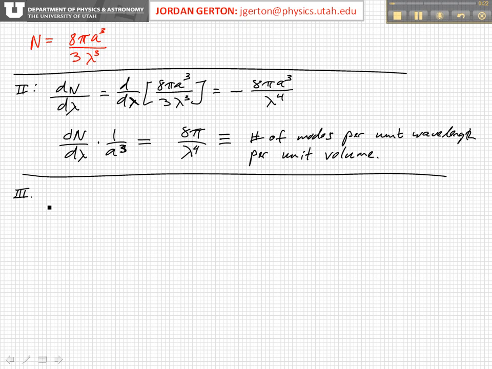per mode. So what Rayleigh and Jeans did is they used classical thermodynamic theory, the equipartition theorem, which says that if you have a system with many different modes, the average energy per mode is just k, the Boltzmann constant, times the temperature. So with that, then the average energy